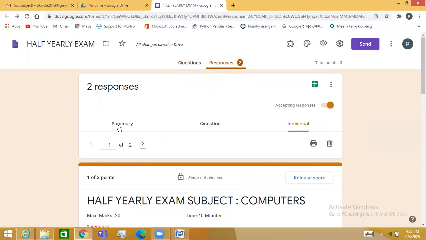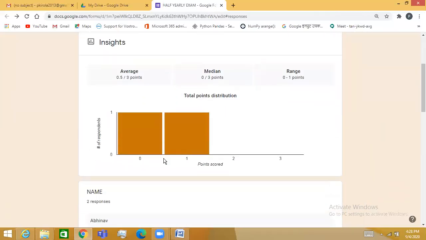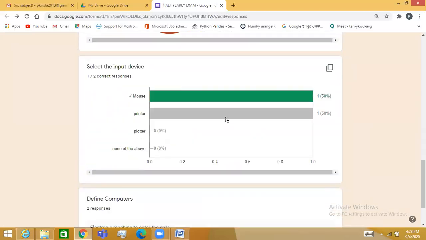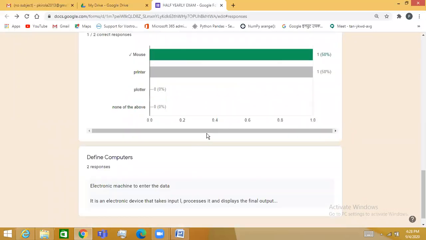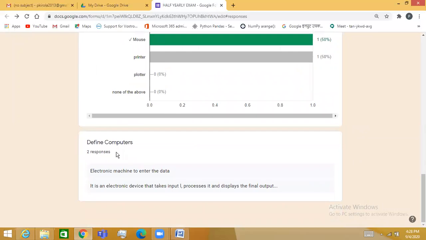In summary, we have summarized data, question wise, showing how many students have given the correct answers and how many have given the wrong answer, right? The 2 responses are in this long answer and we have seen these responses.